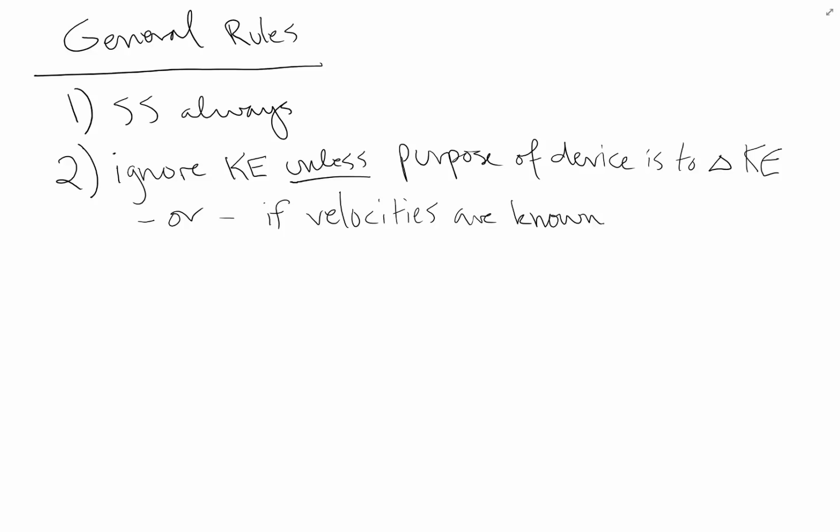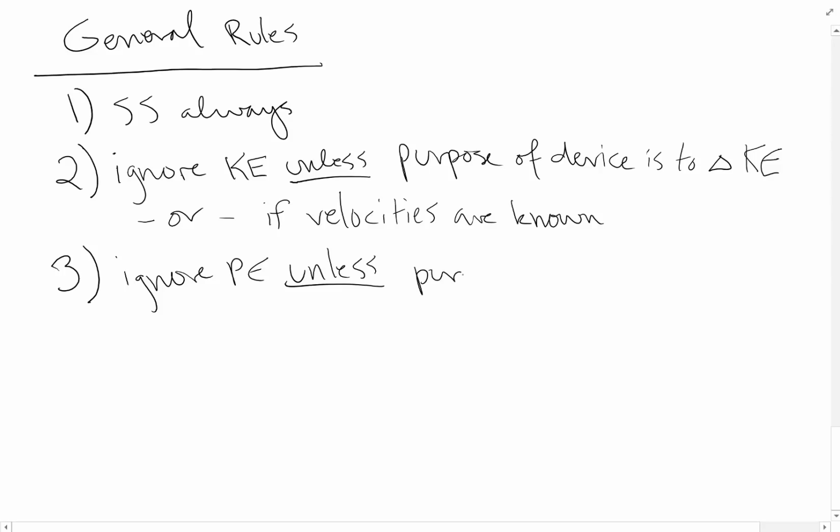We'll talk about what the different open system components are next time, but there are a couple of components whose sole purpose is to alter the velocity of whatever's going through it. It's a nozzle and a diffuser. And so if the purpose of the device is to alter the kinetic energy, then you should assume that kinetic energy matters. In a similar vein, you should generally ignore potential energy unless the purpose of the device is to